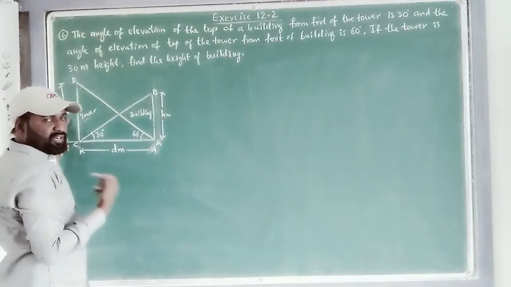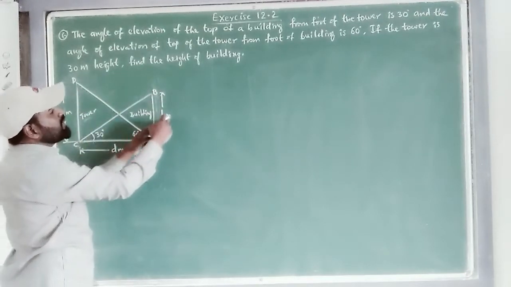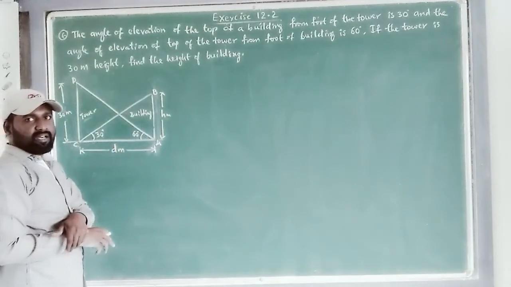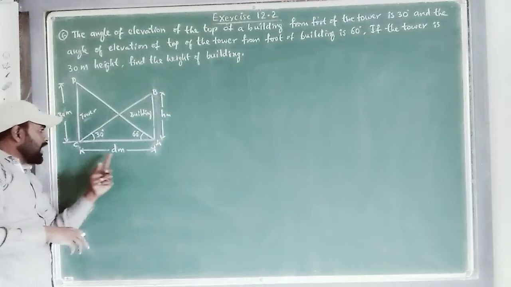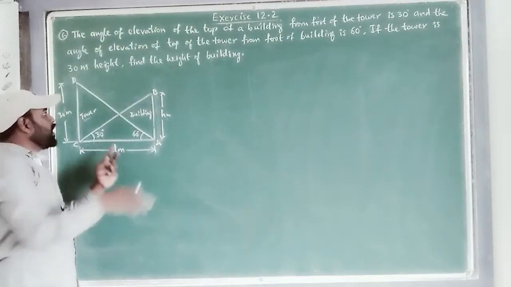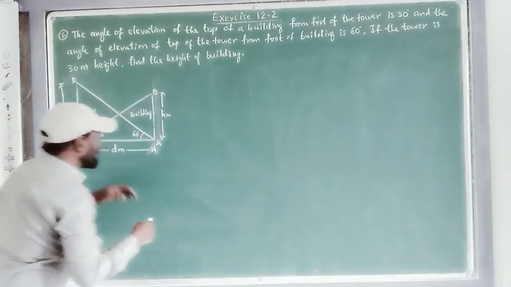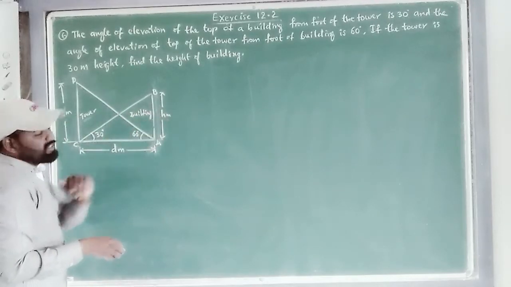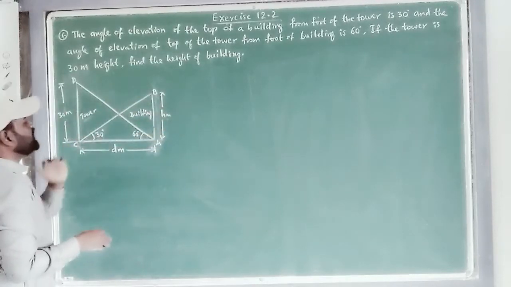find the height of the building. That is what we do not know, so we assumed it as H meters. Then what is the distance between the building and the tower? We do not know. That also I assumed it as D meters. Now, describing this figure, after that assigning the trigonometric ratios, we can find the height of the building. Let us describe the figure first.